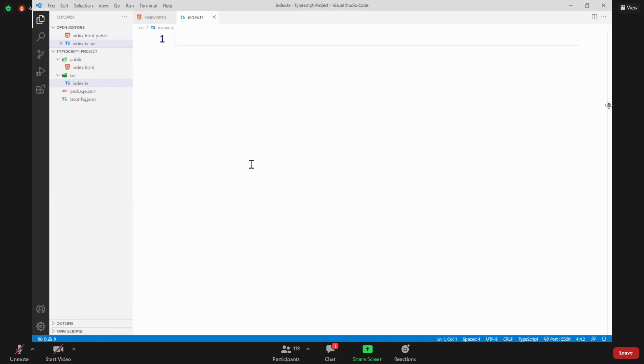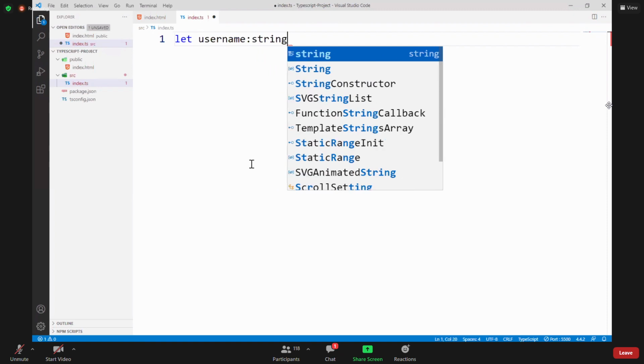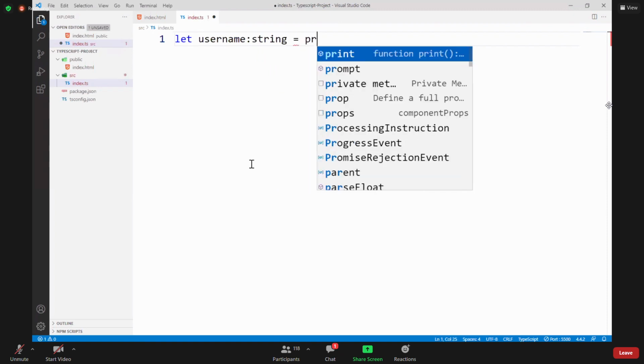I am declaring let. let is a keyword used for variable declaration. We will discuss this in the language concepts, because if you are aware of JavaScript, you know it. let username is equal to, it is a string type, is equal to, we are using a prompt.